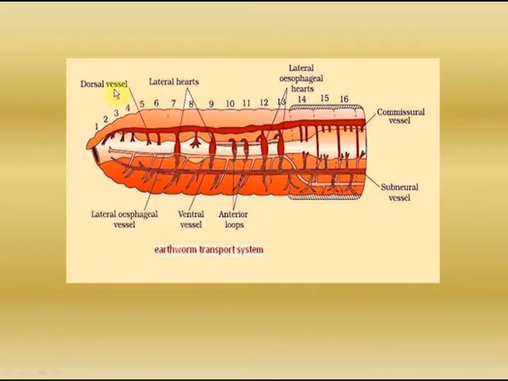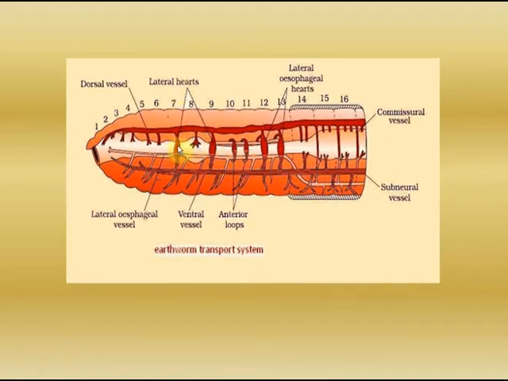Two main blood vessels: dorsal blood vessel and ventral blood vessel. Dorsal blood vessel is the largest vessel and the blood flows forward from posterior end to anterior end through the dorsal blood vessel. It has a contractile wall and valves are present. Before the 13th segment, it is a distributing vessel, and behind 13th segment, it is a collecting vessel. Ventral vessel is the main distributing vessel. Blood flows backwards from anterior to posterior end. Valves are absent in ventral vessel.